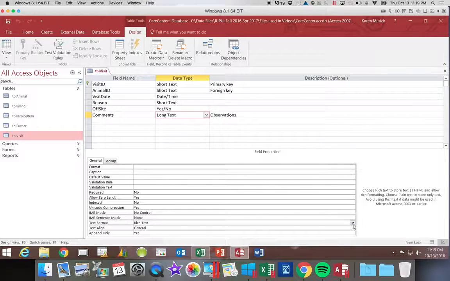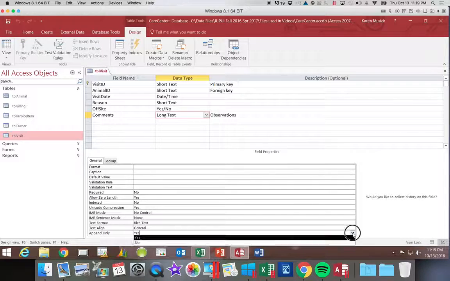So you have the ability to choose with long text whether you want it to be a rich text or not. So append only is another option that we get with our long text field that we don't get with any other. So what append only lets us do is, instead of replacing the text every time I type in it, it adds a historical log. So for example, if I was tracking customer contacts and maybe credit collections, so each